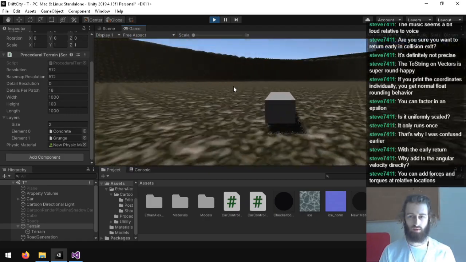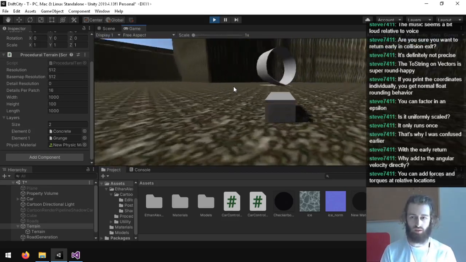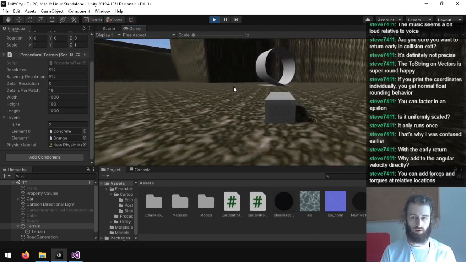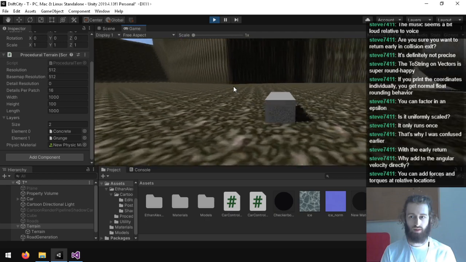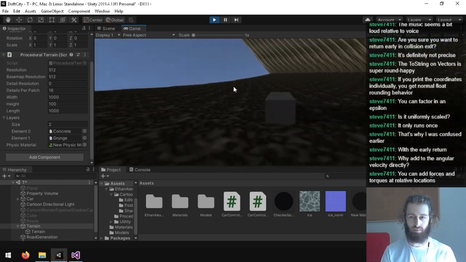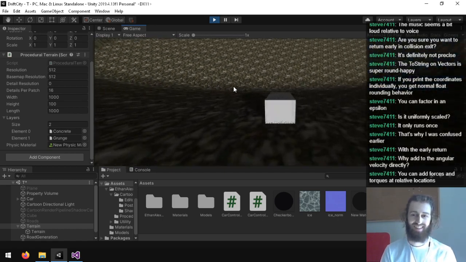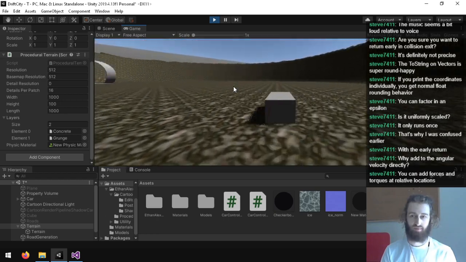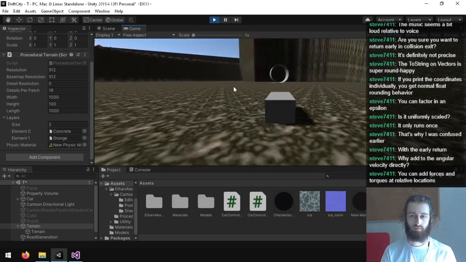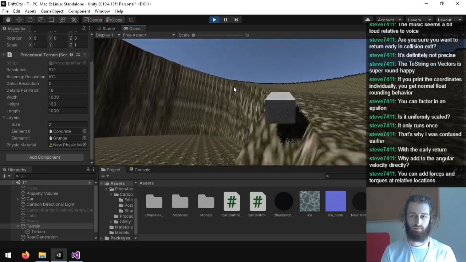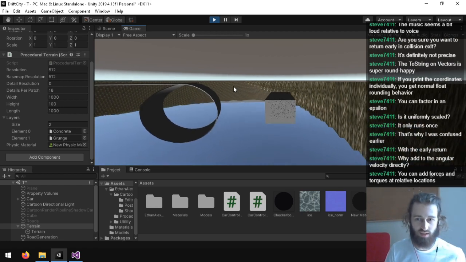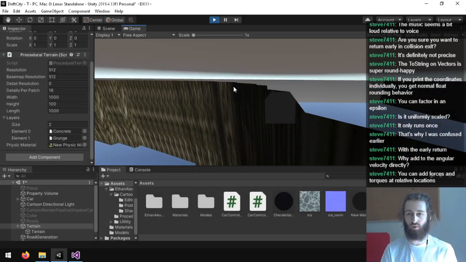Alright, so that's what adding angular velocity looks like. It works to a decent degree. Very slidey. Very slidey is probably an understatement. Actually kind of fun. Alright, this is good. This doesn't count as grounded, so our detection is actually working.